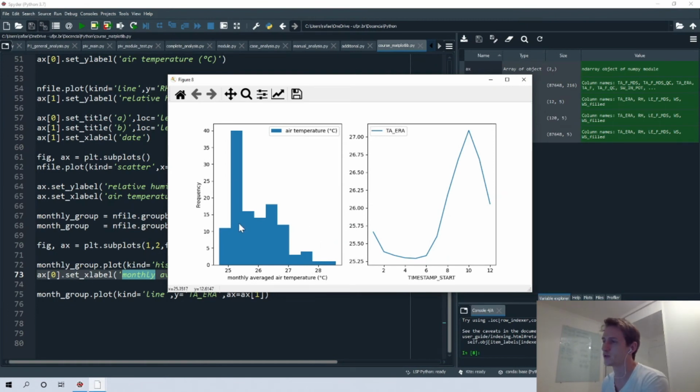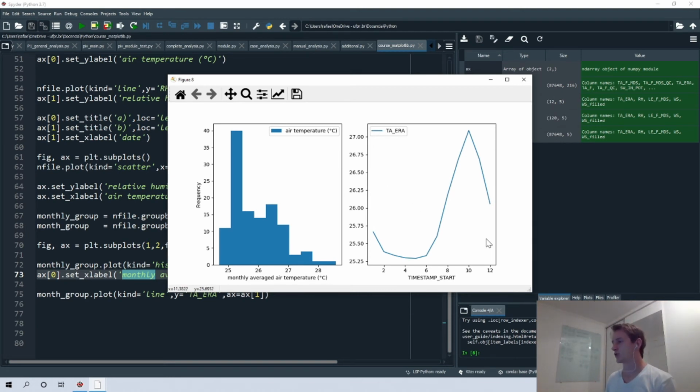We can see that most of the time we have our temperature between 25 and 26. Only for a few periods do we have higher than 27, and also we can see that along different years we have higher values around 27 degrees, the average around the month of October.